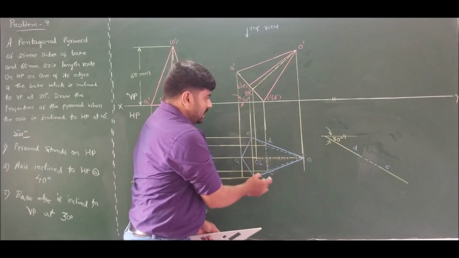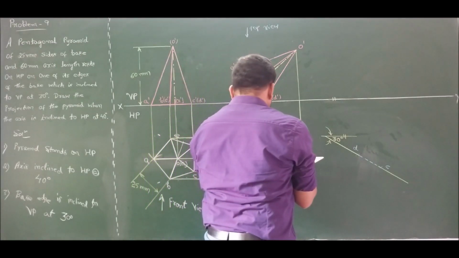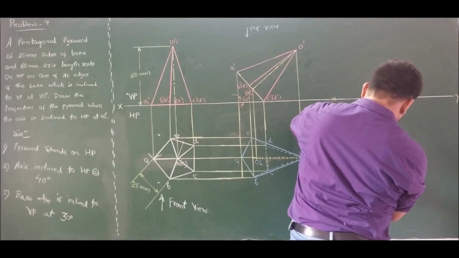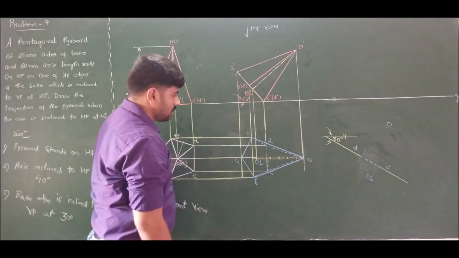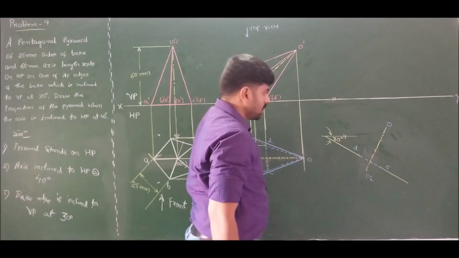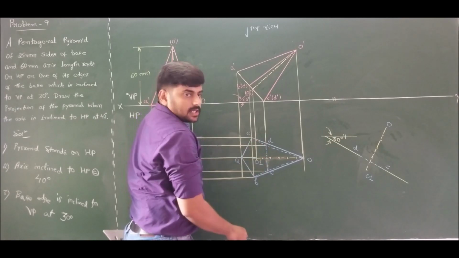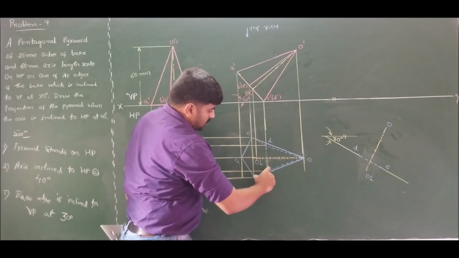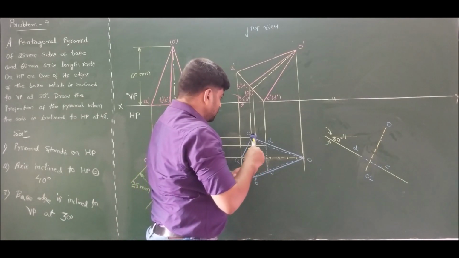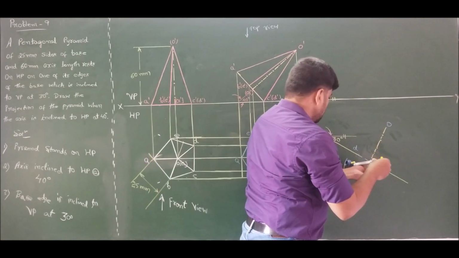Now, to this CD, O1O is perpendicular. Therefore, transfer this O1O. Mark the axis O1, O. Now, using a compass, measure O1 to E and D to E, cut an arc. Measure O1 to B, C to B, cut an arc and transfer the corners. That is, measure O1 to E and O1 to B and transfer.